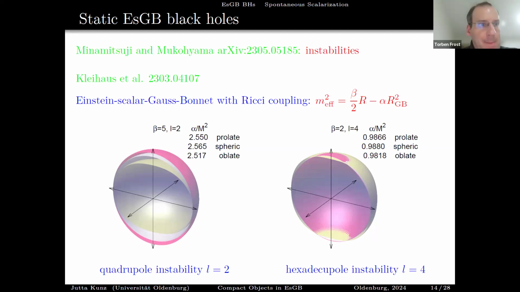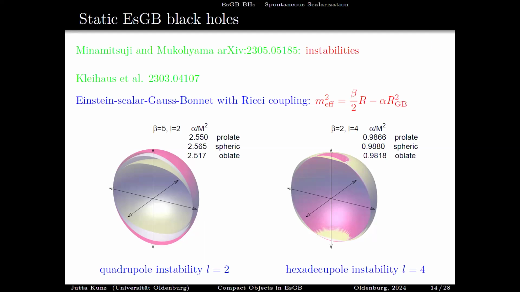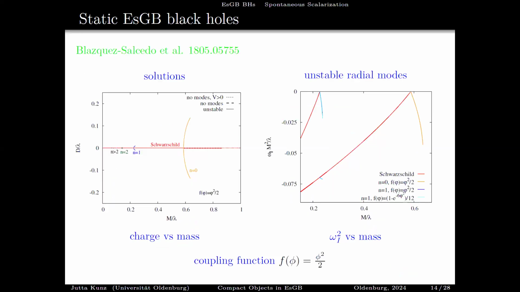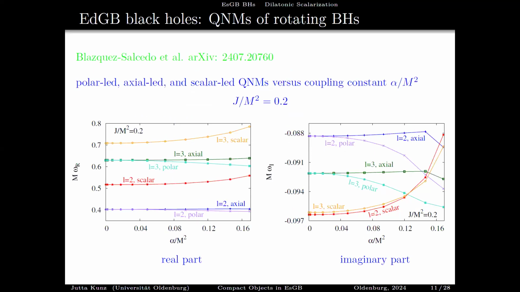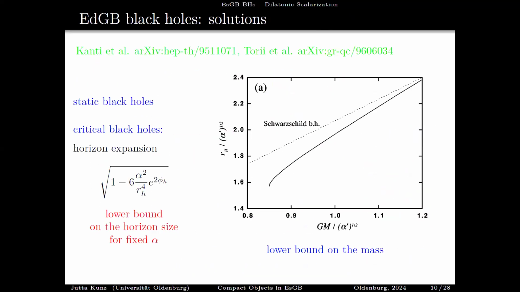Luis? You gave a very clear talk. I had a question regarding the gravitational collapse that you briefly mentioned at the beginning. I think there has been some numerical work on this, but do you know of any analytical work on gravitational collapse in Einstein-scalar-Gauss-Bonnet?